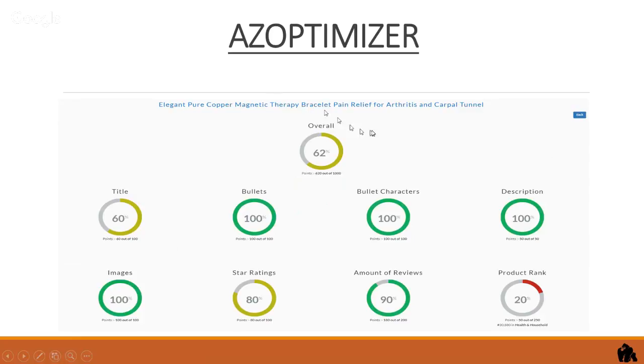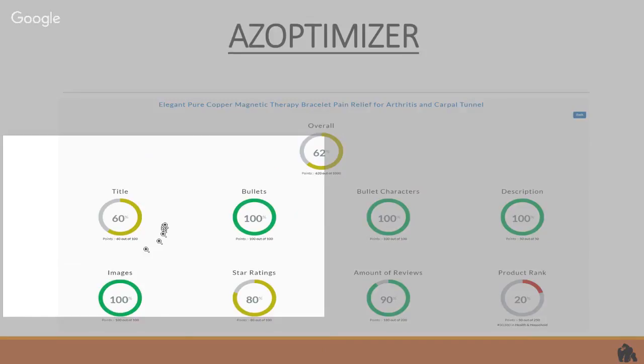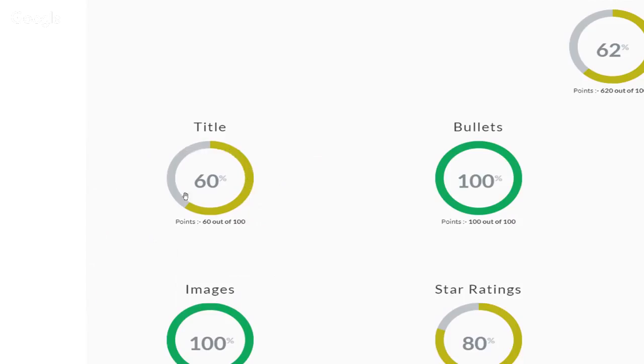But you can see here that the overall listing is rated as 62%. Okay. Then we can have a look at the individual aspects with respect to how well the listing has been optimized. The title is saying it's 60%. Well, I'm sure I could do a better job if I really sat down and optimized all of the keywords,